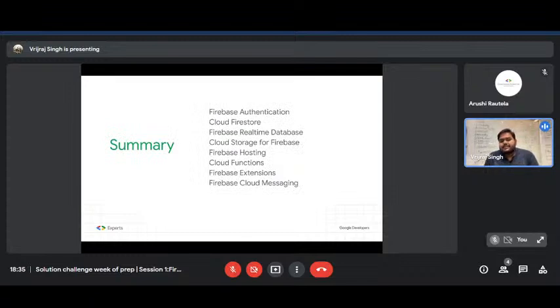So overall, in summary, we can create large-scale, robust applications with the help of Firebase in web technologies. We can use authentication to authenticate users with the help of authentication services. We can use Firebase as a database, where we have two databases, Cloud Firestore and the Realtime Database. If I want to upload media files, audio files, PDF files, or documents, then you can use Cloud Storage.